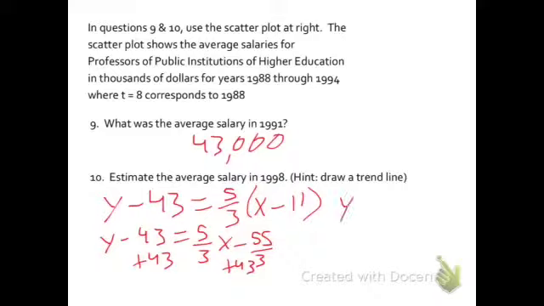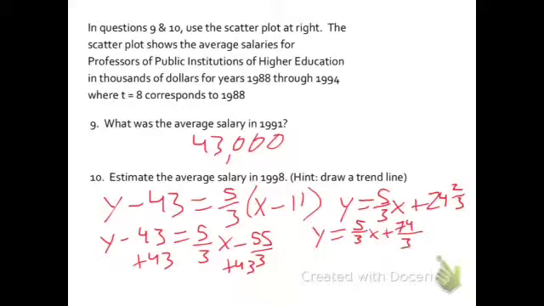And then if you add 43, you're looking at y equals 5/3 x minus 55/3, plus about 24 2/3, which, if you turn it back into an improper fraction, comes out to 74/3. Anyway, so here we finally have our little equation, and now we need to plug in what year 1998 is, which is